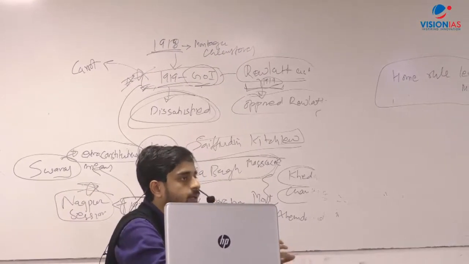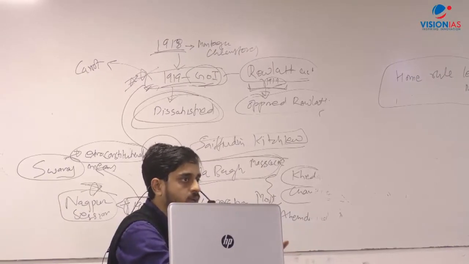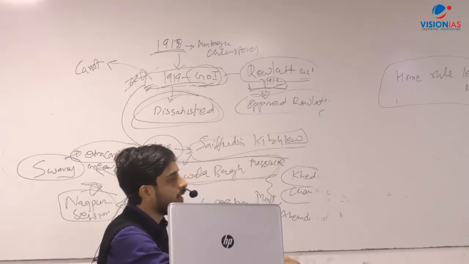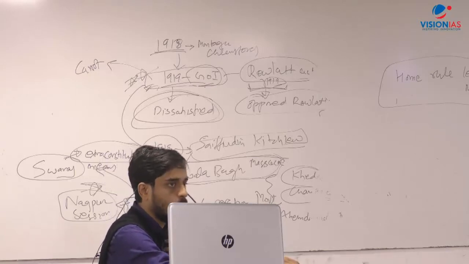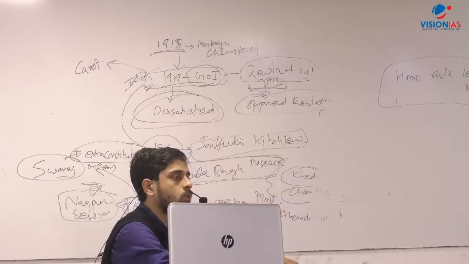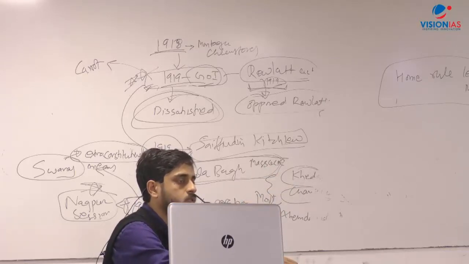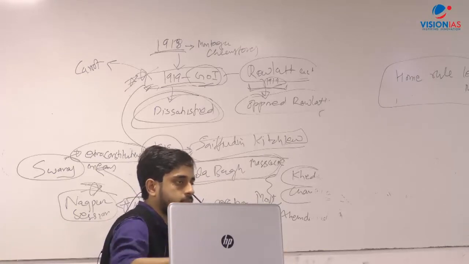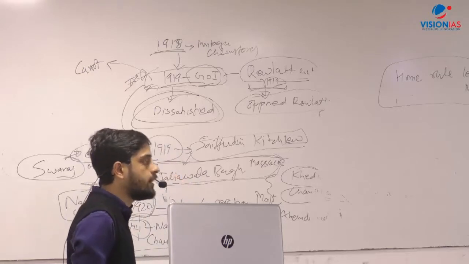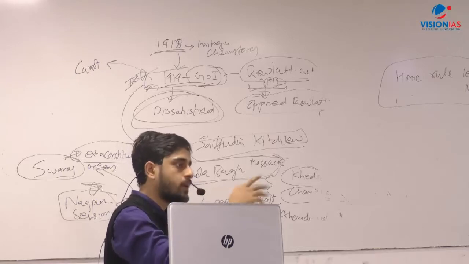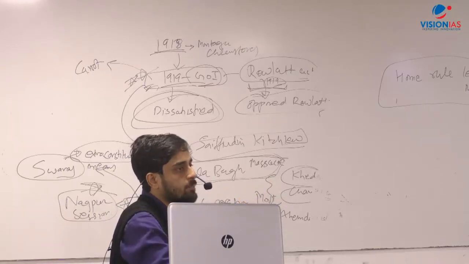But to extend their support to the British at this hour of need was something that they were ready to do, provided the British were ready to devolve power after the war. And to make it a point that Indians wanted to press ahead with the demand for self-government, they started the Home Rule League movement. Basically, in this movement, what Annie Besant did was she organized a number of committees throughout India, specifically in the province of Madras and areas around Madras, but also throughout India, as in Bengal, etc., where these committees were formed